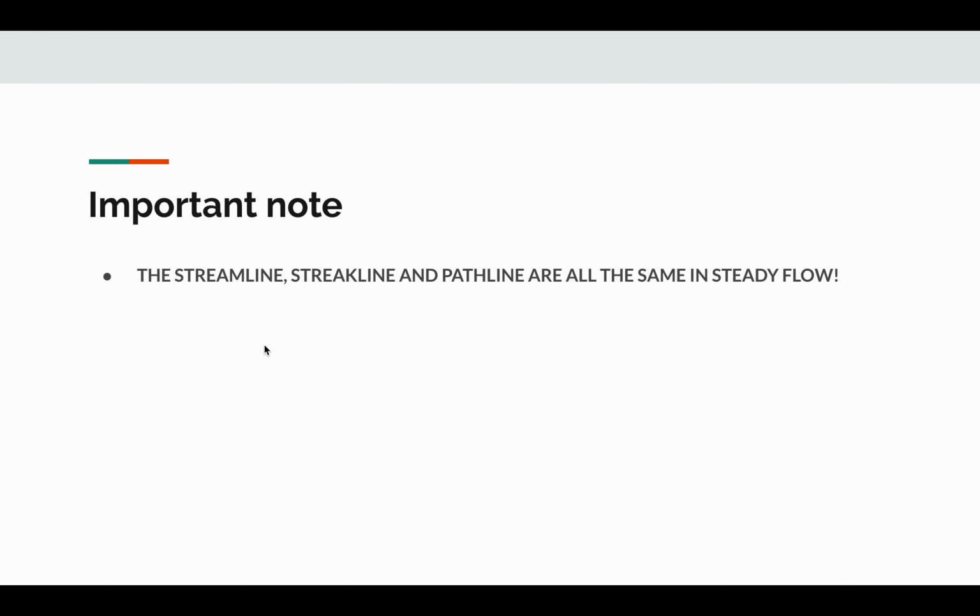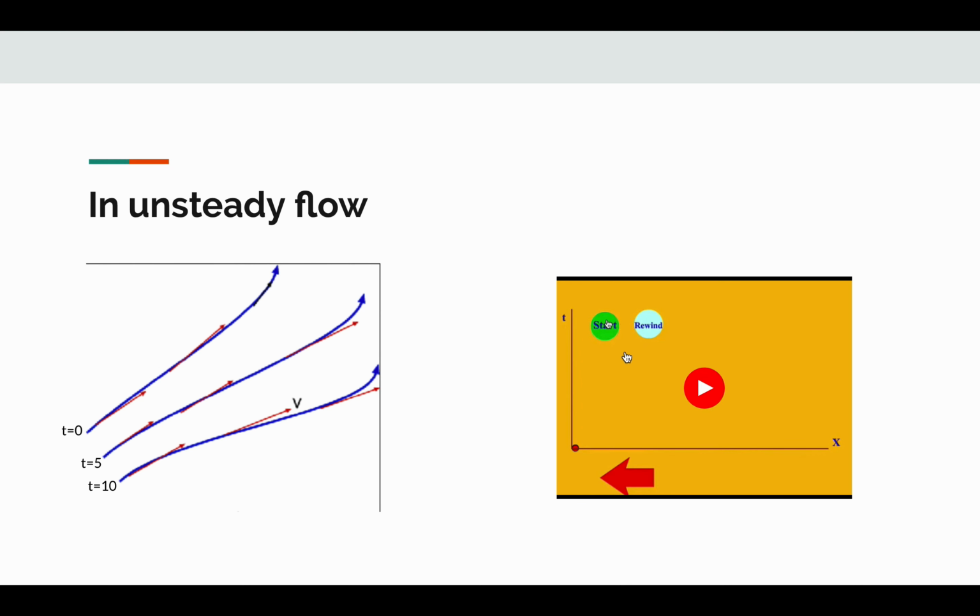Important note, the streamline, streakline, and pathline are all the same in steady flow. They look exactly the same. Now, in unsteady flow,